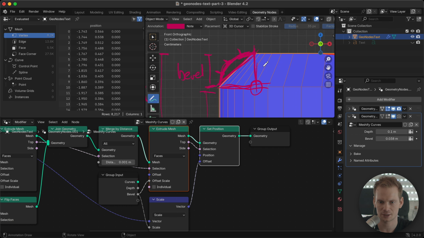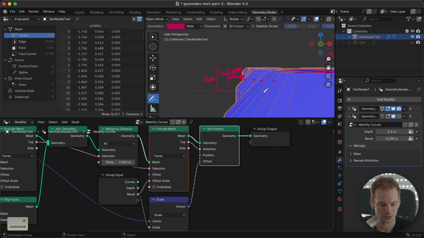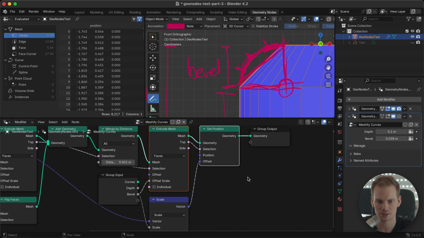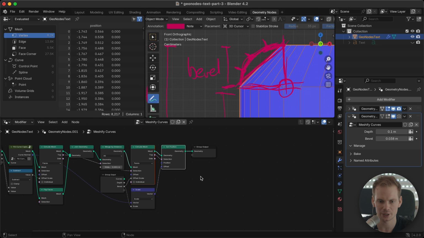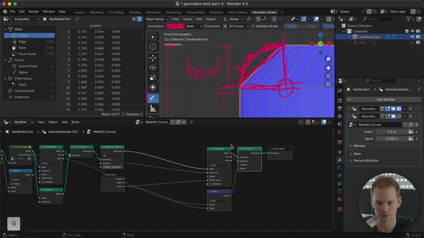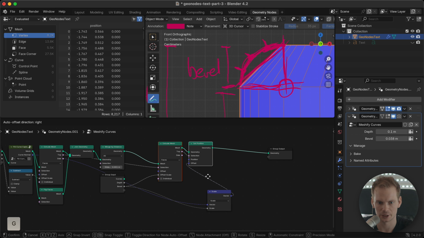And so let's make that first. Let's make a multi-level beveling method. And yeah, there is this new node. It's not really a single node. It's like a new feature in geometry nodes. So let's make a little bit of room for this, and we can tidy it up later if we want.